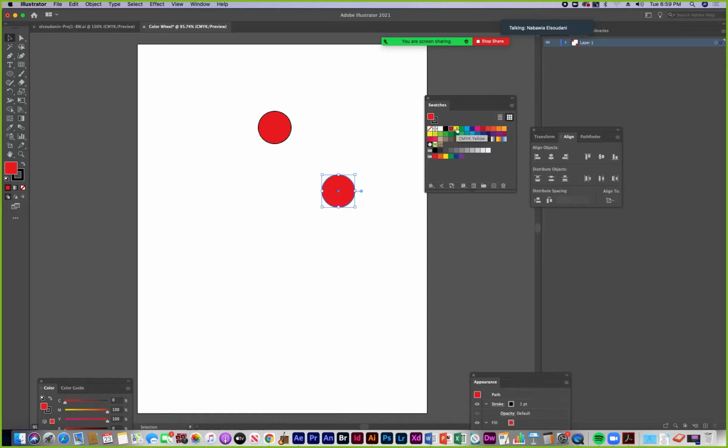There's a CMYK yellow. That makes life easy. And then I'm going to duplicate this out and find a CMYK blue. So those are standard swatch colors. You know they're going to print what their names are. Red, blue, and yellow. Okay.